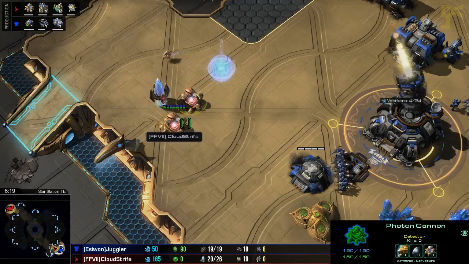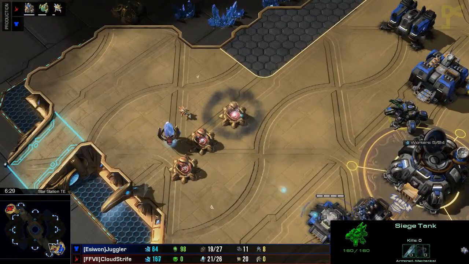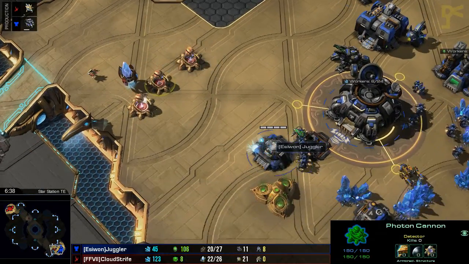That's what I was looking for before. My bad, guys. So Juggler finally gets his first tank out. He's got a total of 11 SCVs right now. The tank will obviously deal with these cannons as time goes on, but you are going to slowly lose some of the resources here